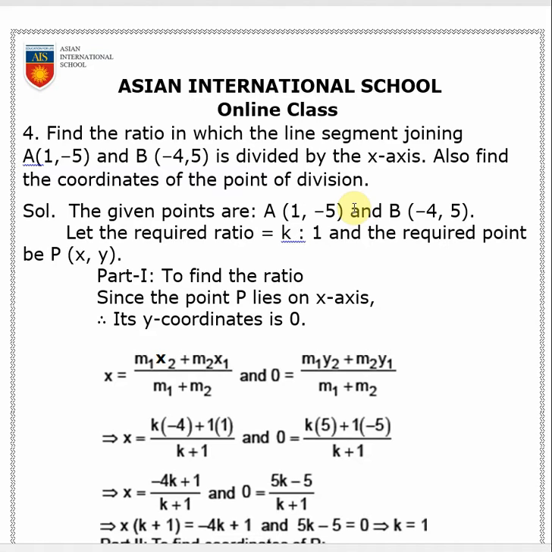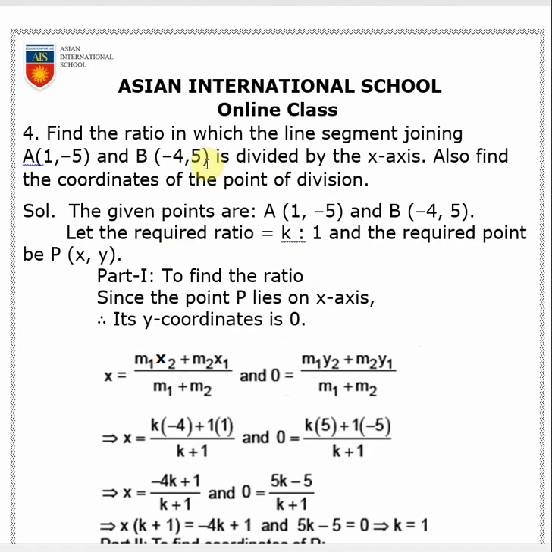Now we know that if it is divided by the x axis, there must be a point on the x axis which is doing this division. Now the point must have a coordinate x comma y, but since it's on the x axis, the y coordinate will be 0, because any point you take on the x axis, its y projection along the y direction is 0. So we can take the point x comma y, and later on we can take y as 0. So my point becomes x comma 0.